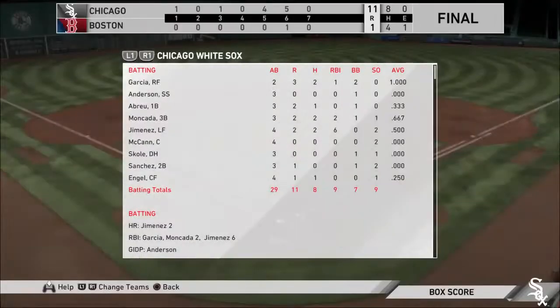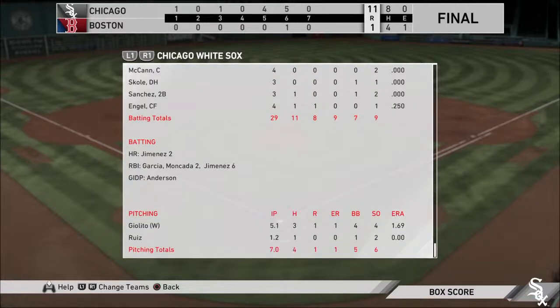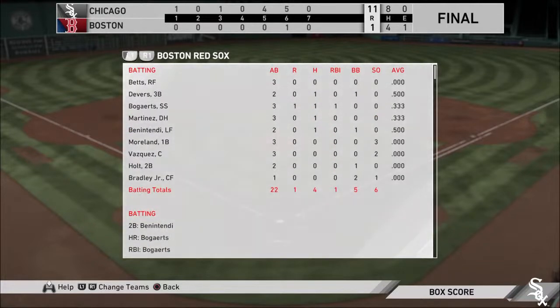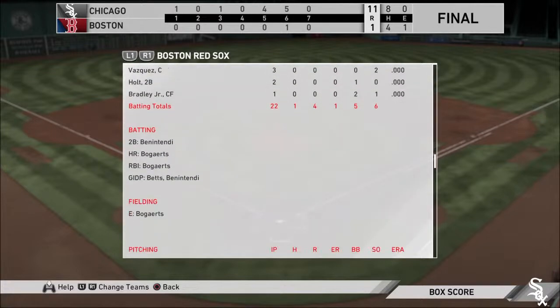Our final line score tonight. First for the victorious White Sox, 11 runs, 8 hits, no errors. They left 4 men on base. Time of the ball game, 3 hours and 31 minutes. Tonight's paid attendance at Fenway Park,